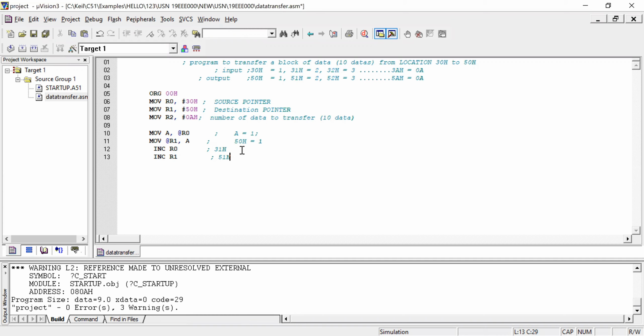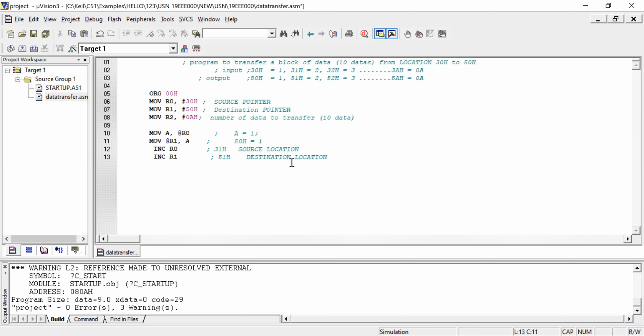This is my source location, and this is my destination location. That also increased. Location pointer, or whatever you want, you can use it.